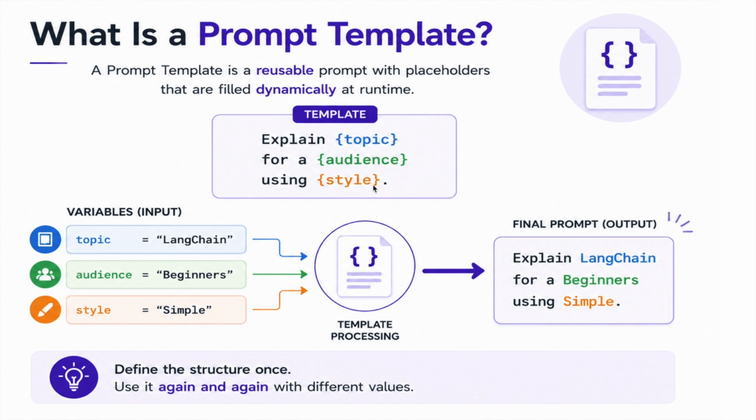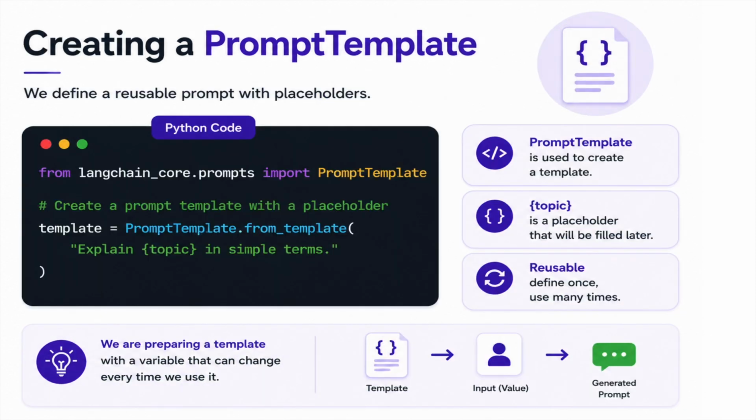A prompt template is a reusable prompt with placeholders that are filled in dynamically at runtime. Think of it like a Python format string or an F string. Instead of embedding values directly, you define placeholders and provide the values later. LangChain makes creating prompt templates straightforward. Here we are defining a reusable prompt with a single variable called topic. When we invoke the template and provide a value for topic, LangChain generates the final prompt by replacing the